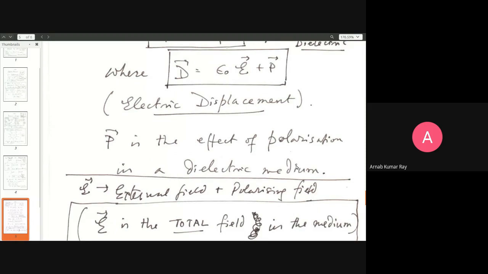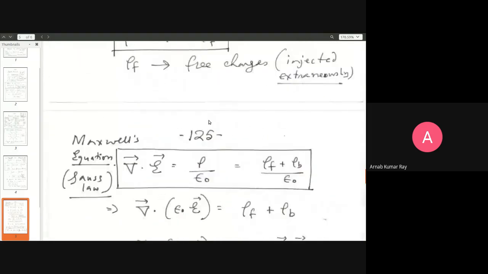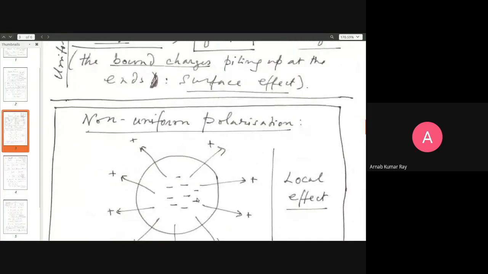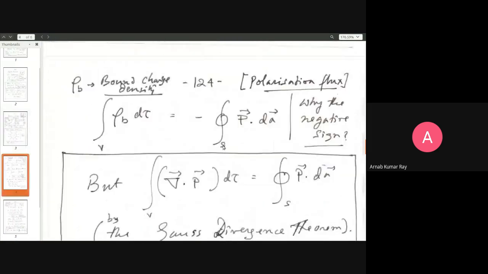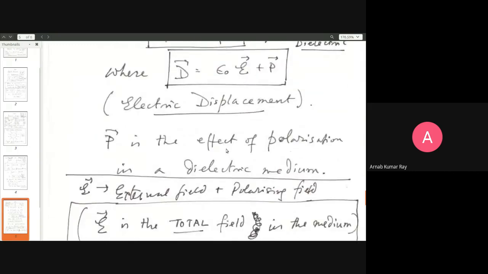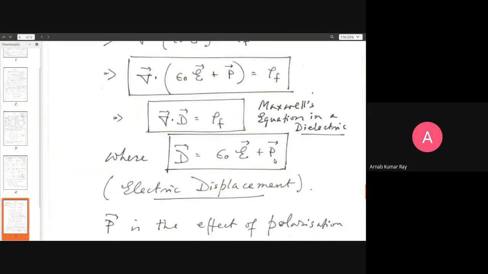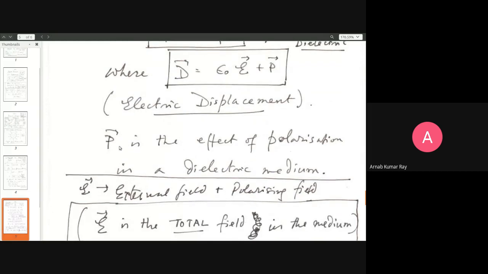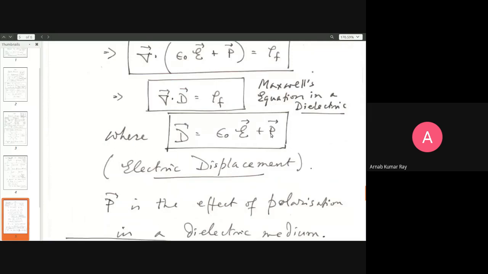Like you say in common conversation, politicians are polarizing society, right, for their votes. Like that kind of a thing. So here, the electric field is polarizing this material into positive and negative ends. But if there is no boundness of the charges, there will be no polarization. Everything is moving freely. So then P will be equal to 0 in a non-dielectric material. In a dielectric medium, P will be non-zero. But if you are not talking about a dielectric medium, then P will be equal to 0.